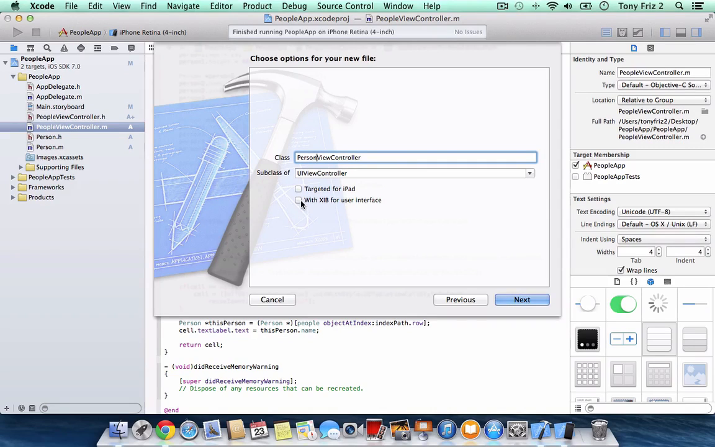Down here we have an option that says with XIB for user interface. Here, for the first time, we're going to take a look at how we can use more than one interface file. So thus far we've only used Main.storyboard for graphically creating UIs for our apps. Now we're going to create another interface file, and we're going to use Xcode's built-in GUI and design an interface